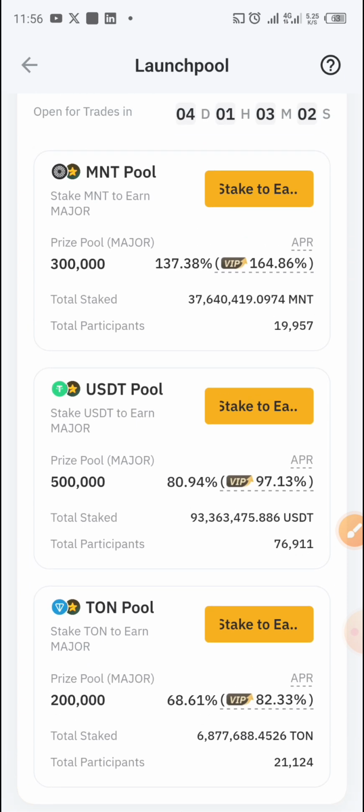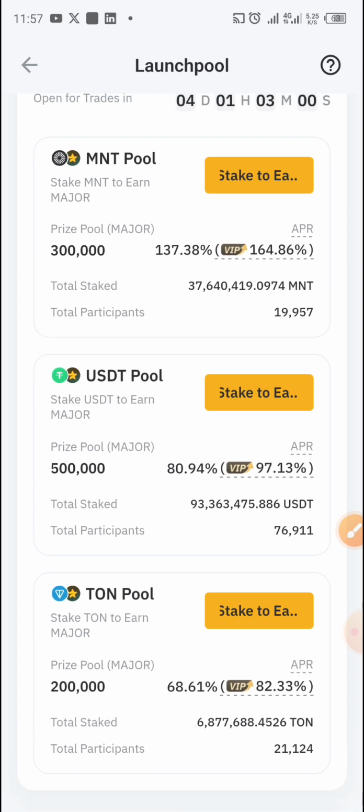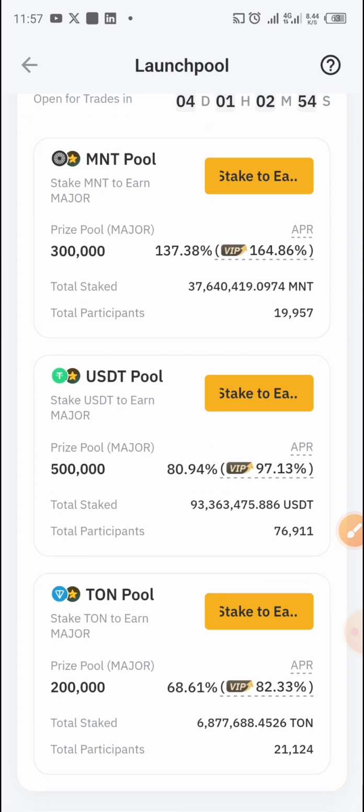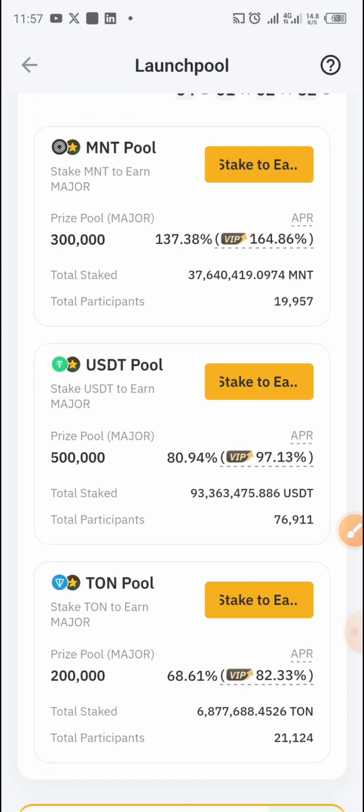Another one you can stake with is USDT to earn Major. USDT is a stable coin, so the value of your asset is not going to increase or depreciate, and you are still going to get